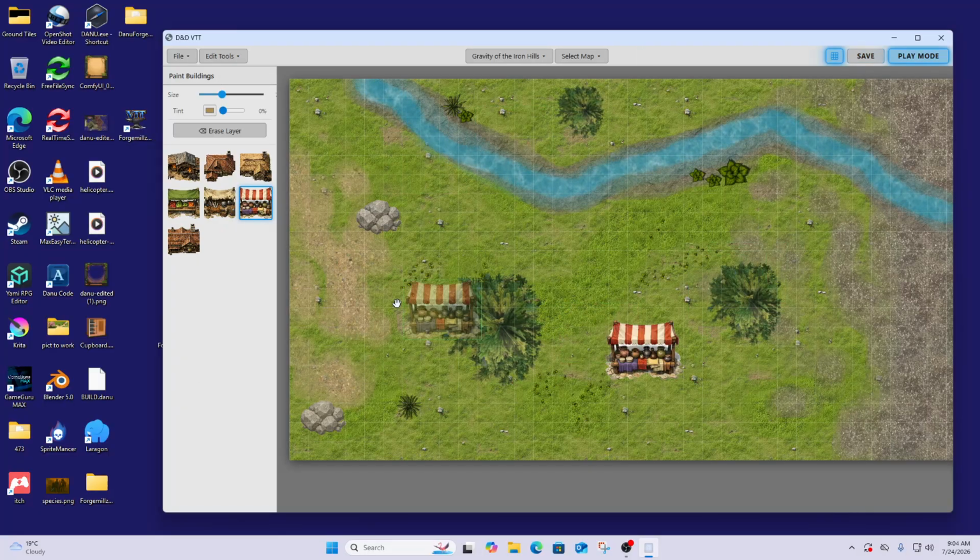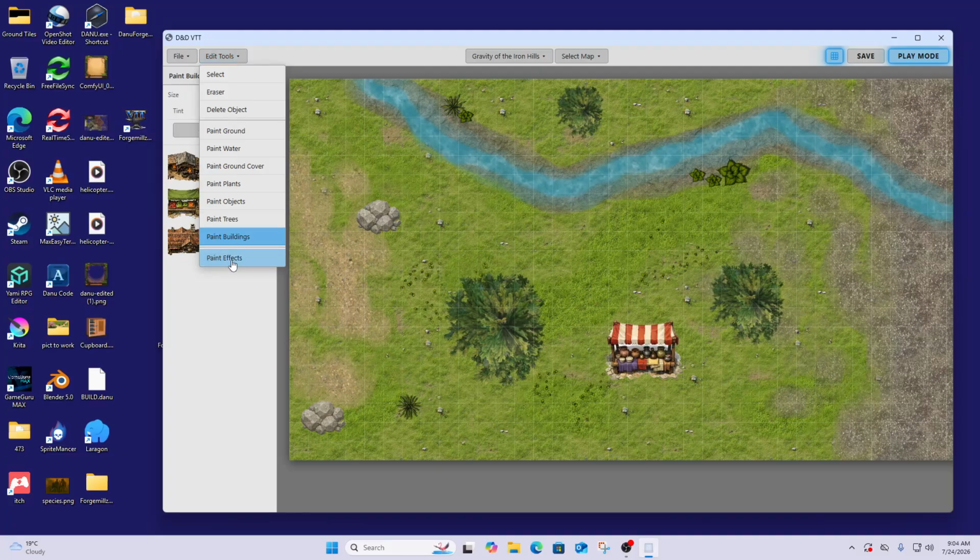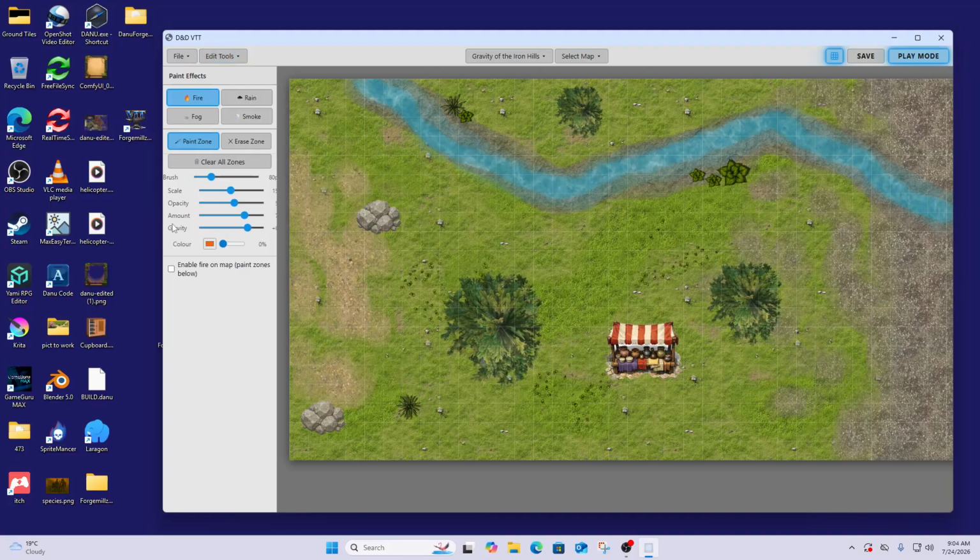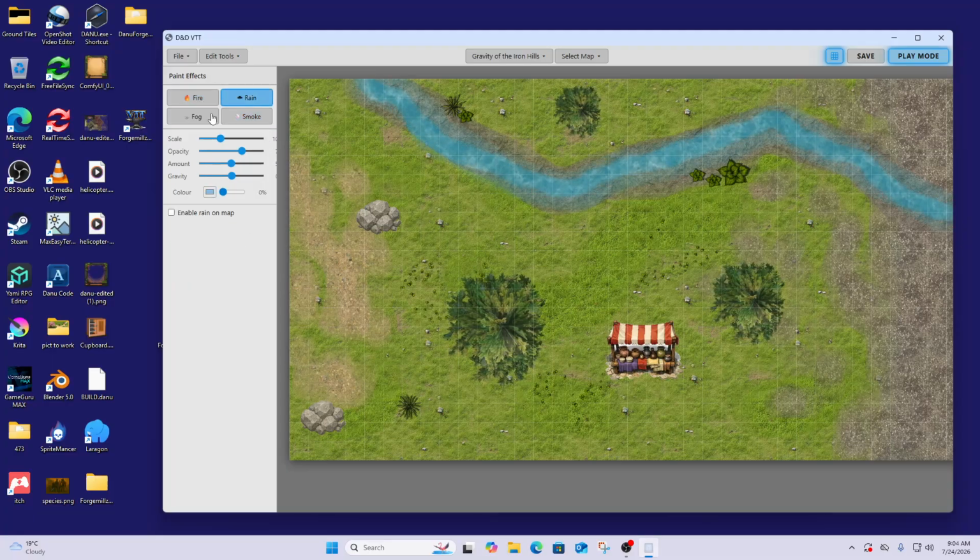All right, there. I've placed that. Now the last tool is paint effects. So with effects, what you can do is, you've got a brush size, scale, opacity, amount. You can also enable fire on the map in paint zones, rain, fog, smoke, etc. What I'm going to do here is I'm just going to add some rain, and then